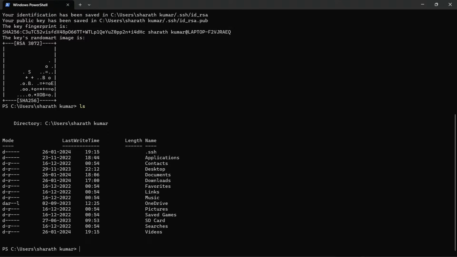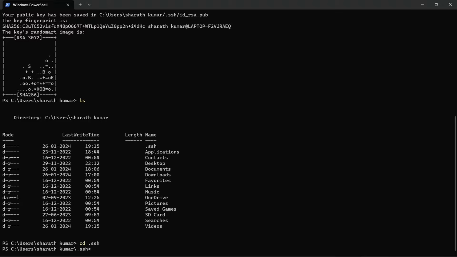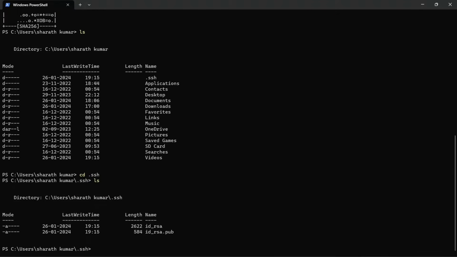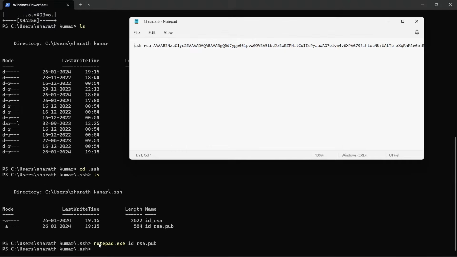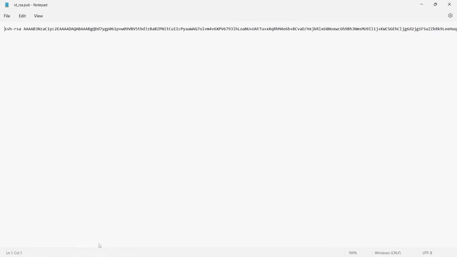Let's go into the folder: cd .ssh, enter, ls. Type notepad.exe space id_rsa.pub and then press enter. Notepad will pop up. Copy the following line,